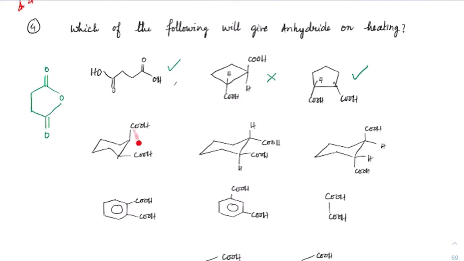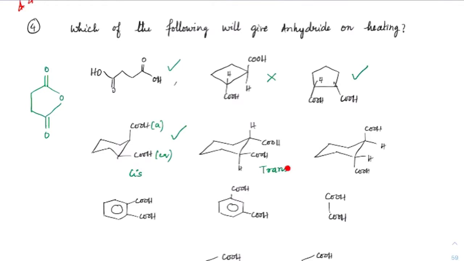Now here, as long as we are in a gauche position, you can say this is axial and this is equatorial. If you have axial and equatorial, in the gauche position, ring formation can be seen. Okay, so you have 1, 2, 3, 4, and here you can have an oxygen linkage. Right? So in the gauche position, we can definitely see anhydride formation. As long as this COOH and COOH here are also in gauche position. Okay, check this out carefully. This is cis, this is trans.